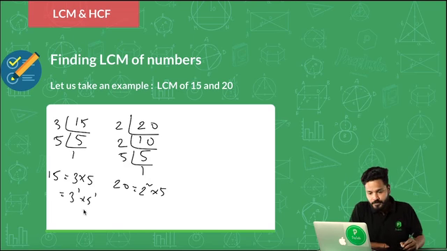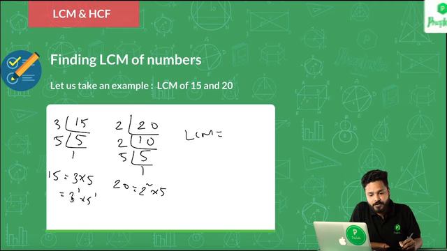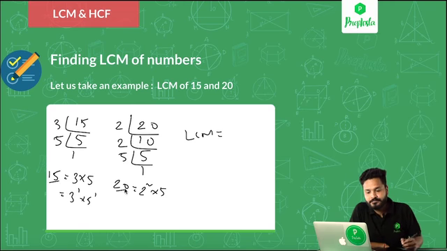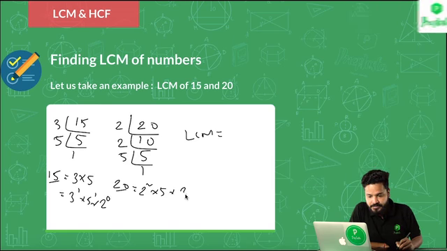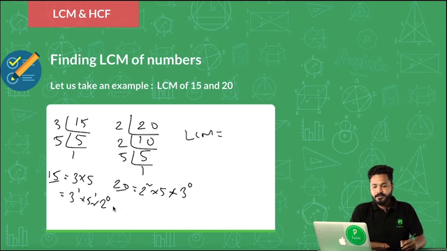So now, LCM is nothing but the product of the prime factors appearing the most number of times in each of them. I know that might be doubtful for you. So tell me one thing. Let me write here 2 raised to the power 0 and 3 raised to the power 0. That is anyways 1, so that doesn't make a difference here.